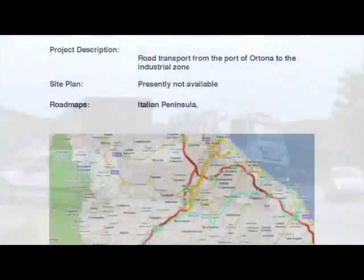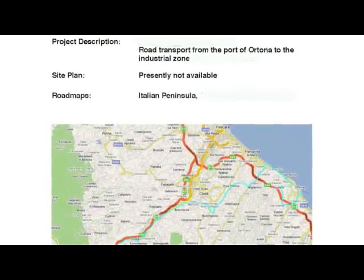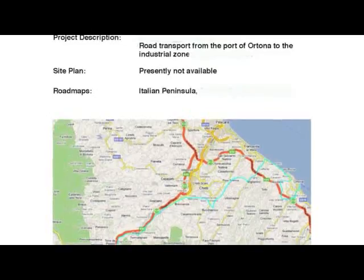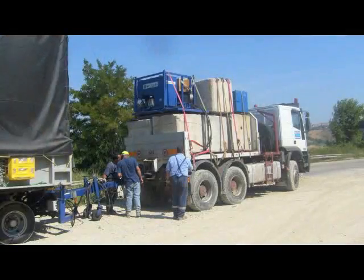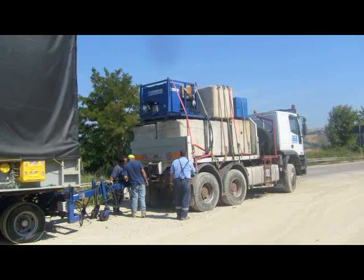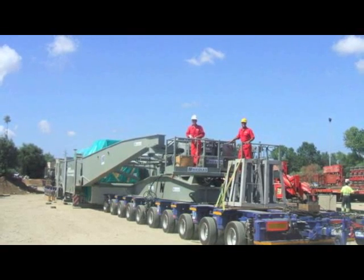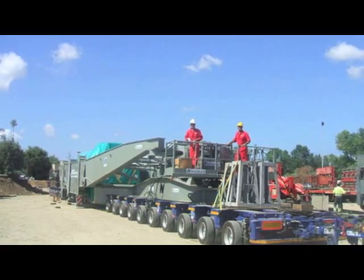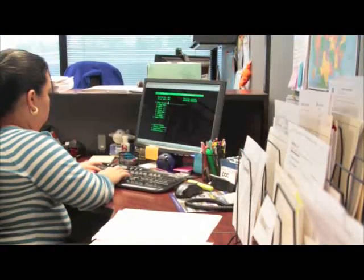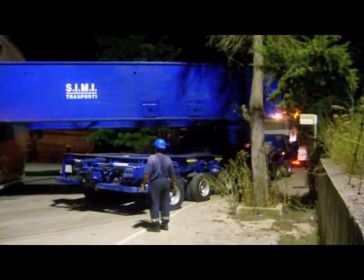The end result was a 57-page document, a detailed guide to the route and the first phase in the development of an action plan for the move. Once finalized and approved by the client, additional months of preparatory work were undertaken to assemble the resources needed for the move. This included chartering the vessel and scheduling the ocean transport leg, contracting with Italian-based riggers for the manpower and equipment needed, and refining and finalizing time windows for transport of the shipment through congested and obstructed areas along